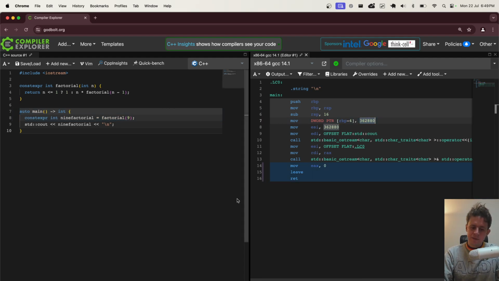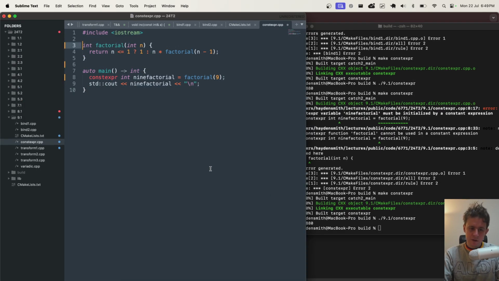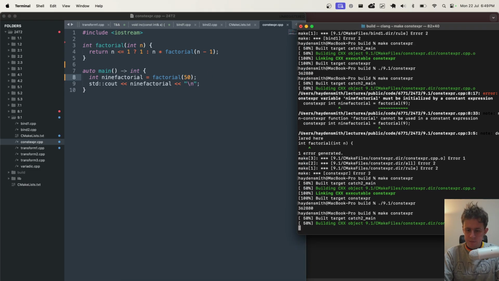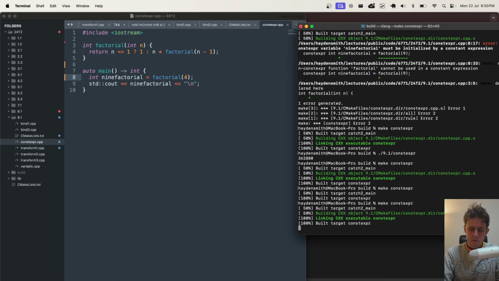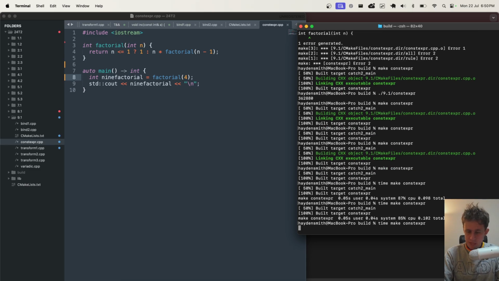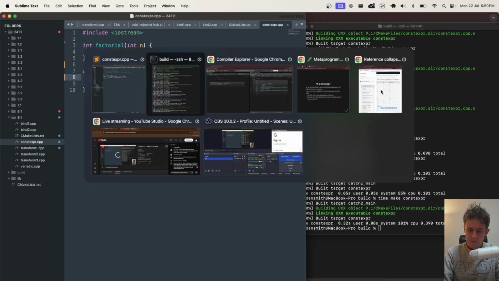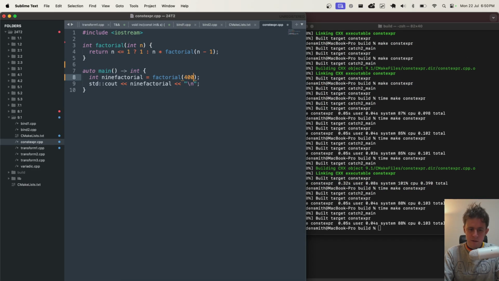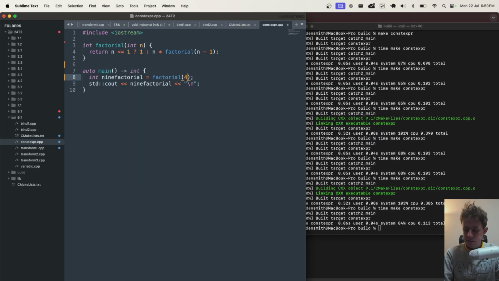What this does is it slows down compile time, right? Because think about this for a second. If I don't have the constant expressions and I create a massive factorial like 50, I have no idea how big that is. It's probably quite large, right? Notice it compiles quickly. I wonder if I can time that. Yeah, 0.12 seconds, or 0.1 again, 0.4, you know what I mean? As I have a bigger number there, it doesn't take longer.